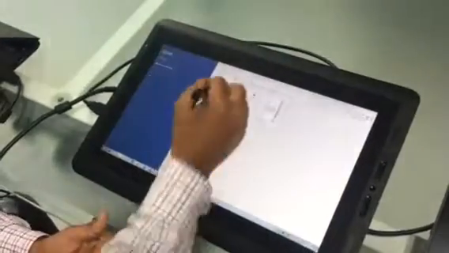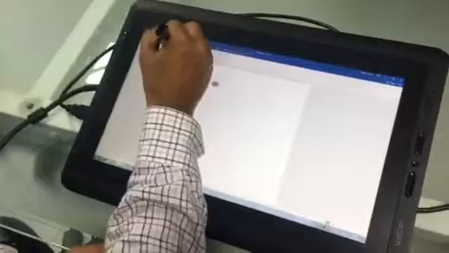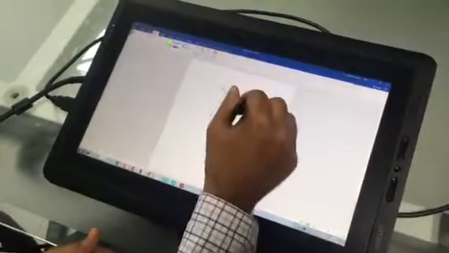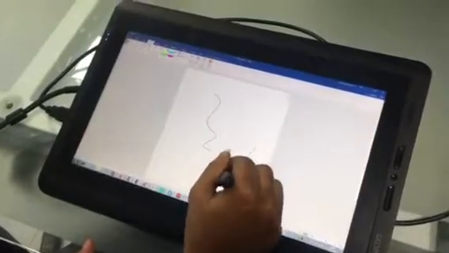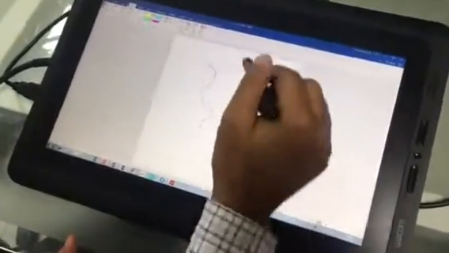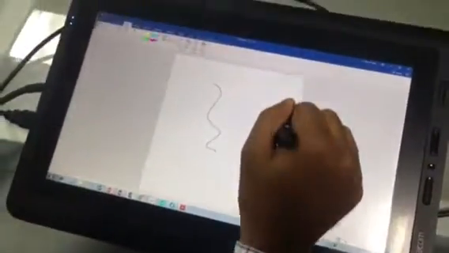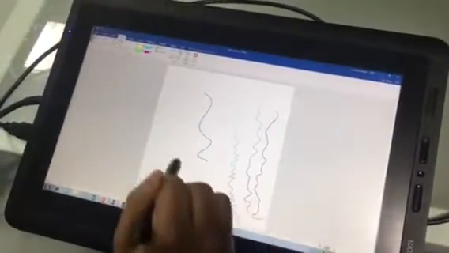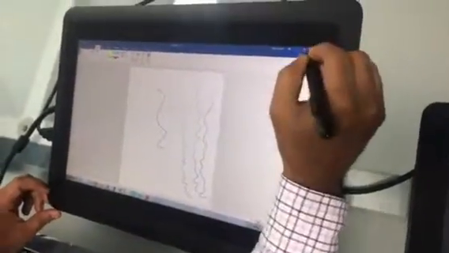It works with all standard Microsoft applications. Any application which can take pen as an input, you can use it. If you put less pressure, you don't even have to press to use the pen. You can simply put minimum pressure to activate the pen, and if you put more pressure, you'll find thicker lines. So this tells about the pen pressure, which you can utilize for various purposes, for teaching subjects, for highlighting certain